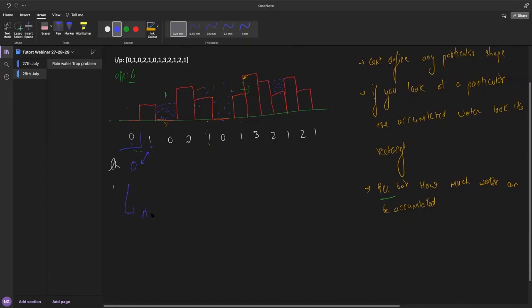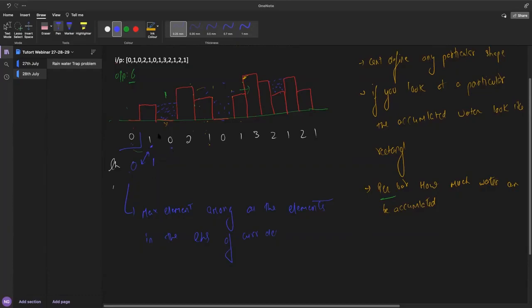This is the maximum element among all the elements in the left hand side of the current element. So to find the maximum element for 1, we just need to compare this 0 and 1, which is greater? 1 is greater.